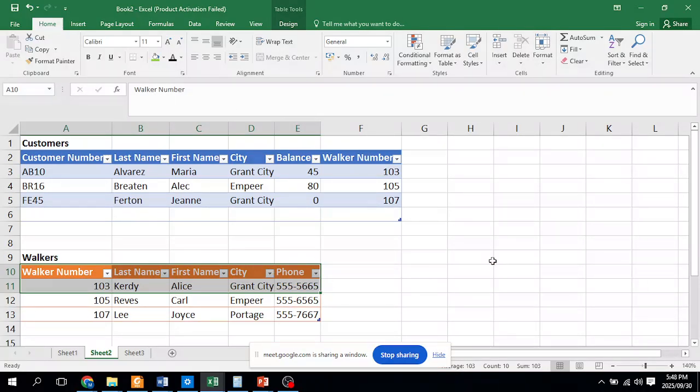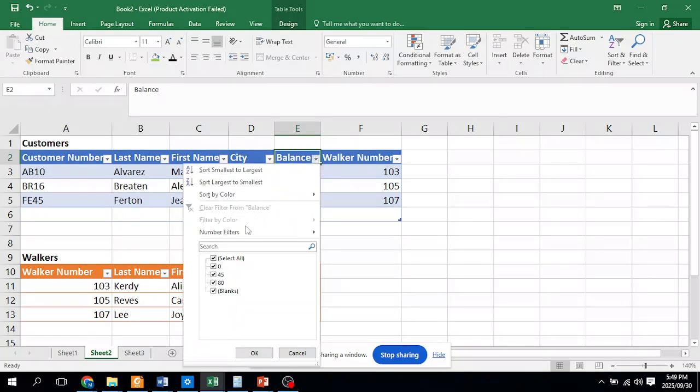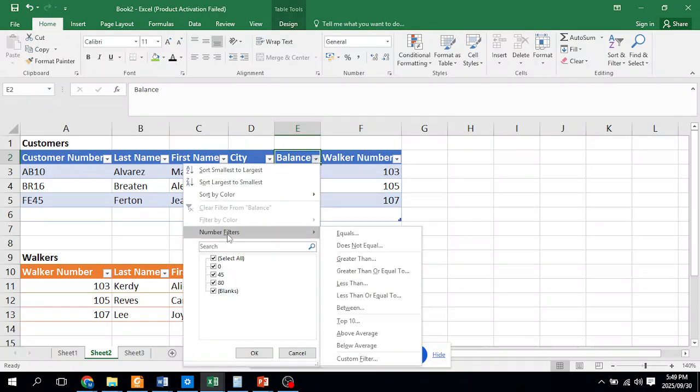Anyway, let's look at query number 2. Find all customers with a balance between 40 and 80. That's a lucky one actually, because you're going to work with balance only. In balance, you will see there are quite a few number filters, which is nice. This filter says between 40 and 80, and if you go down here, you will see there is a choice that says between.